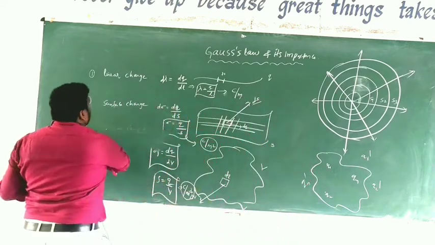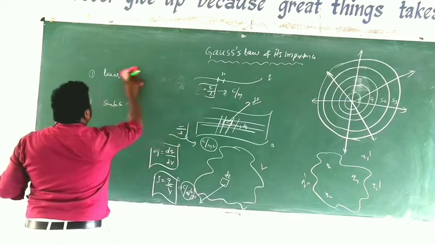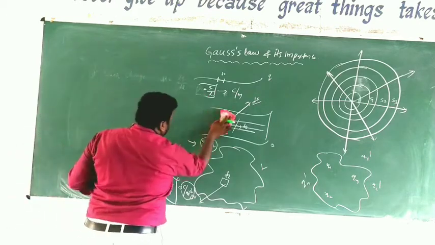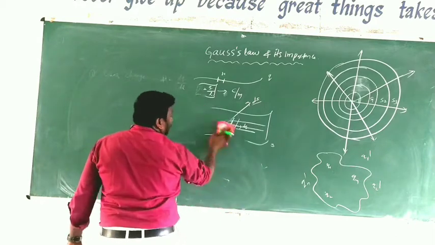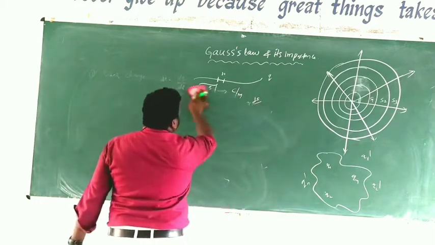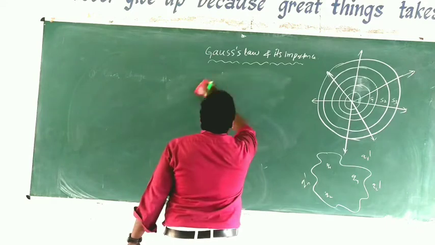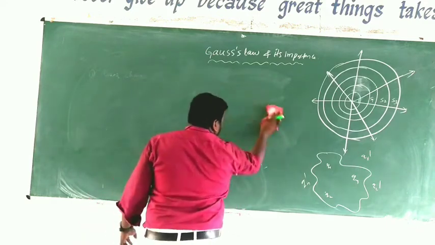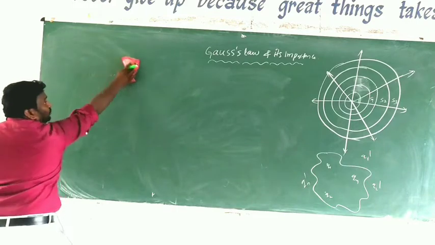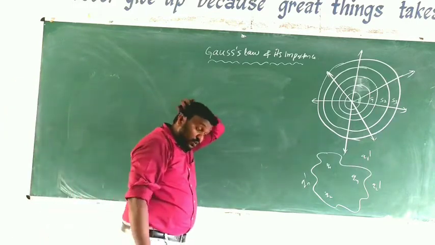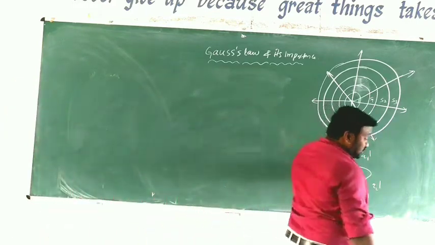Clear? Now I am going to the main topic here, children. This is very important for IP examinations also. So that's why you have to watch this video without skipping. That much important topic, children. Don't neglect while you are watching. Clear, children? What is Gauss law? That's the question here.